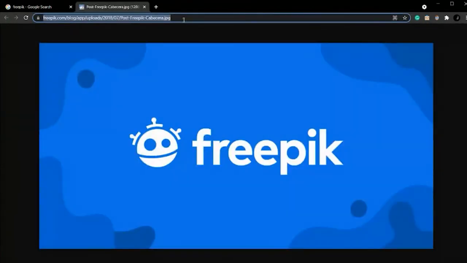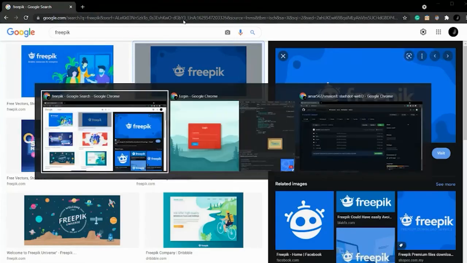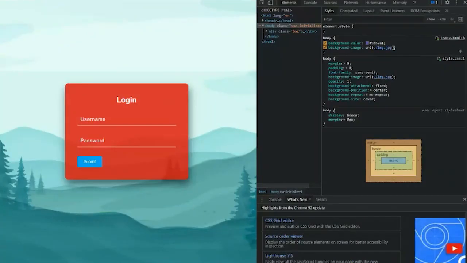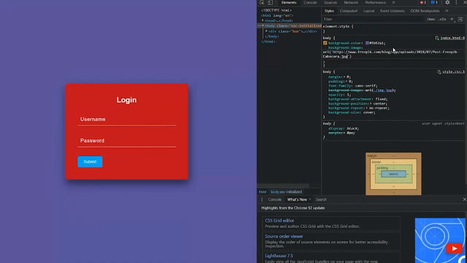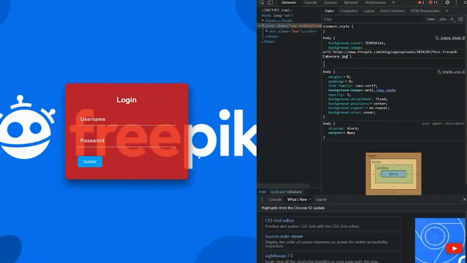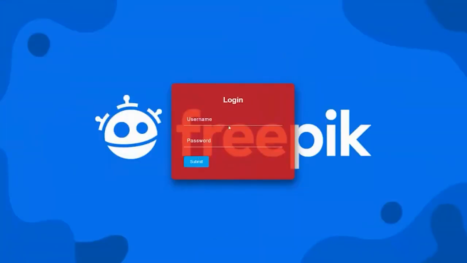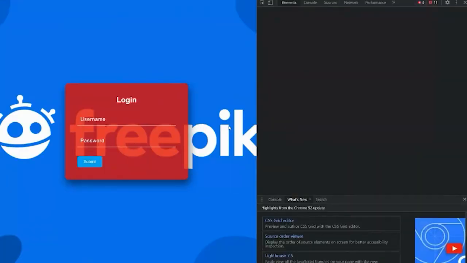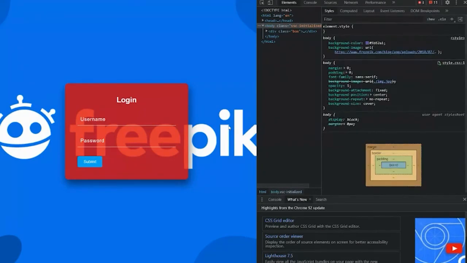Copy this URL. So this is how you can change your background.